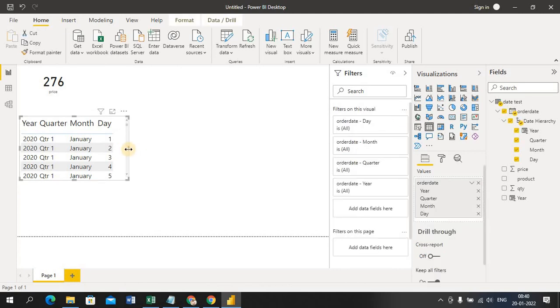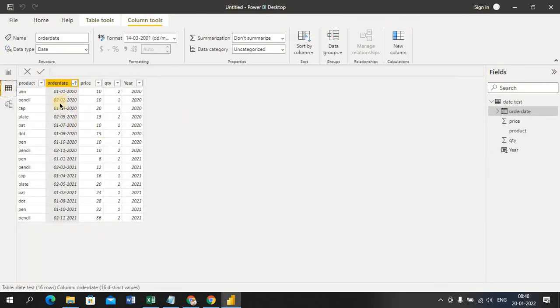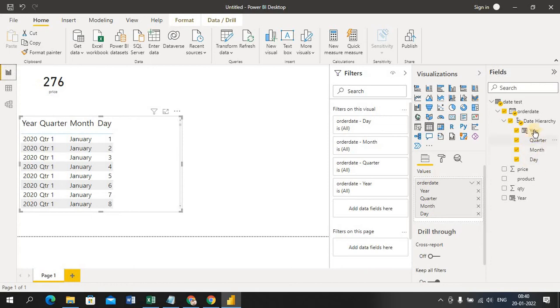You can see here, in my background data I have only order date, year, that's it. I don't have any quarter 1, day 1 and all here. But the Power BI intelligence, see, on this order date automatically a hierarchy is created, like year, quarter, month, day. Okay, see, I just drag and drop one column, from that one order date column, that Power BI intelligence automatically provides me what is the year and what is the quarter for that year, what is the month. Okay, you can find out here.